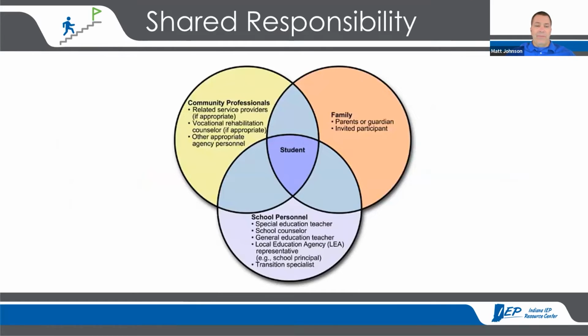Something that we need to keep in mind as we're working with students throughout our careers is that students are a product of their environment, and that environment at school includes everyone there, all the stakeholders, the school, the community, and the family are all part of this process, including the student there. So their input is important as we look around.